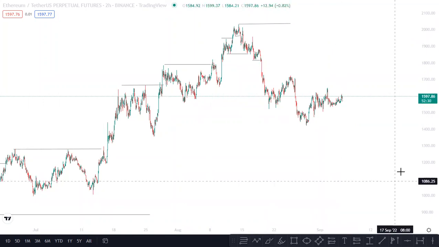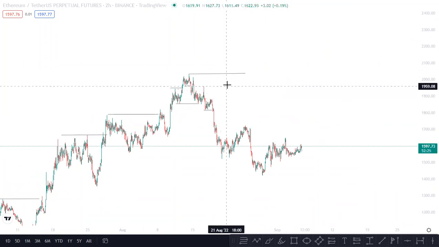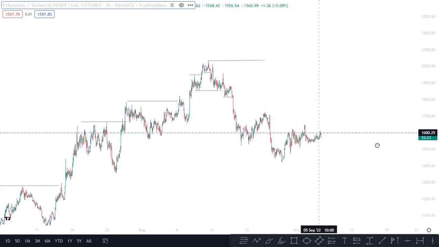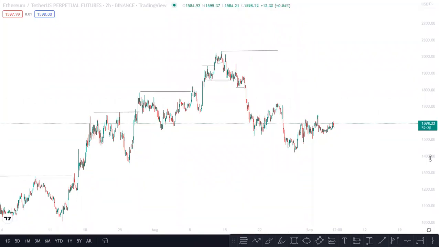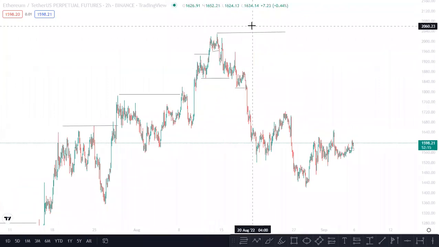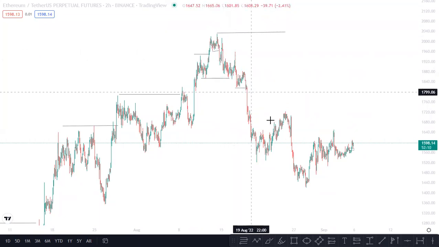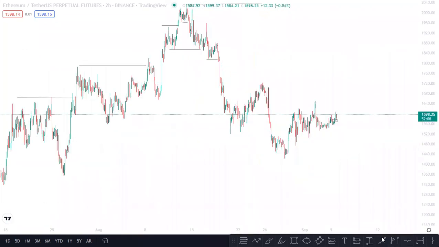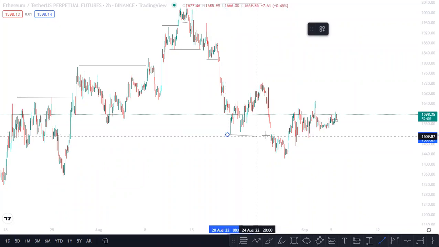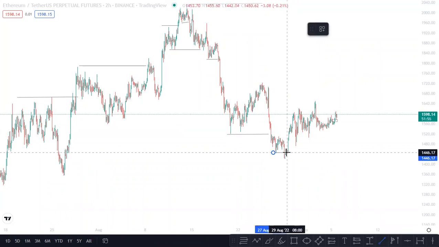So when price fails to create a higher high, we tend to create a lower high. And when you start seeing this lower high, you know that the trend is trying to deviate from that uptrend to a downtrend, just like what we have here now. No higher high was created, and what happened next? We started breaking lows for a downtrend structure. So now we've been breaking lows. Several lows have been broken. A new low here was taken out.